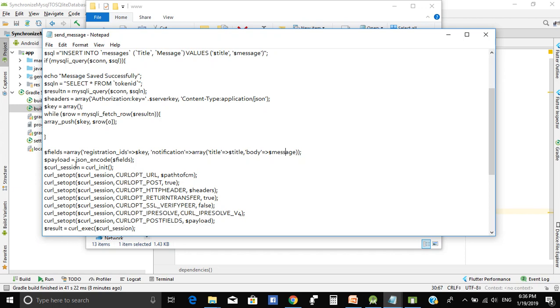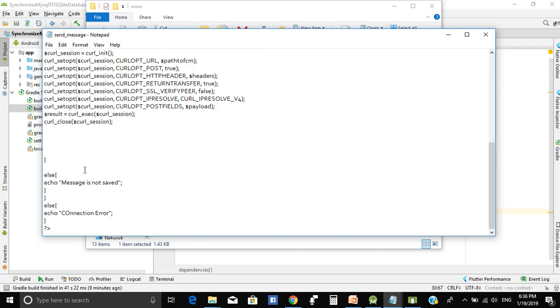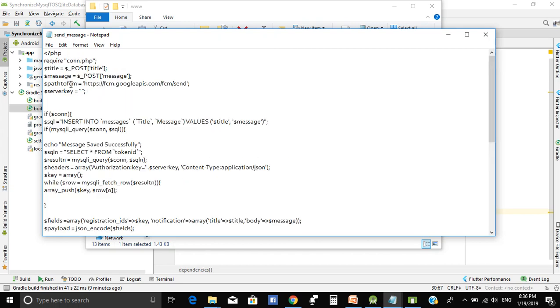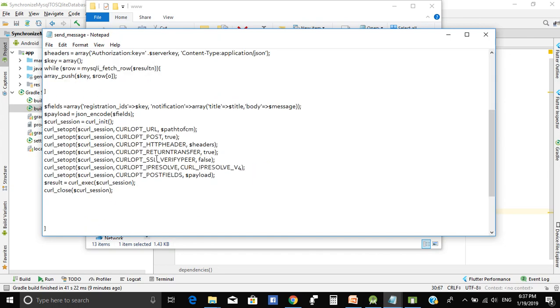And create variable payload is equal to JSON encode on variable fields, and then type new variable curl session equal curl init, curl setopt on curl session, and CURLOPT_URL is equal to the FCM URL that will send the message or notification through it,